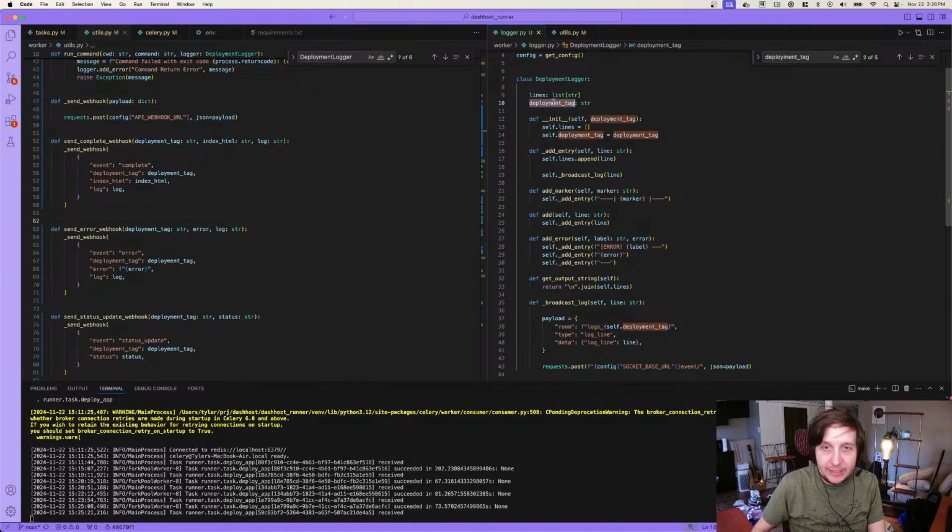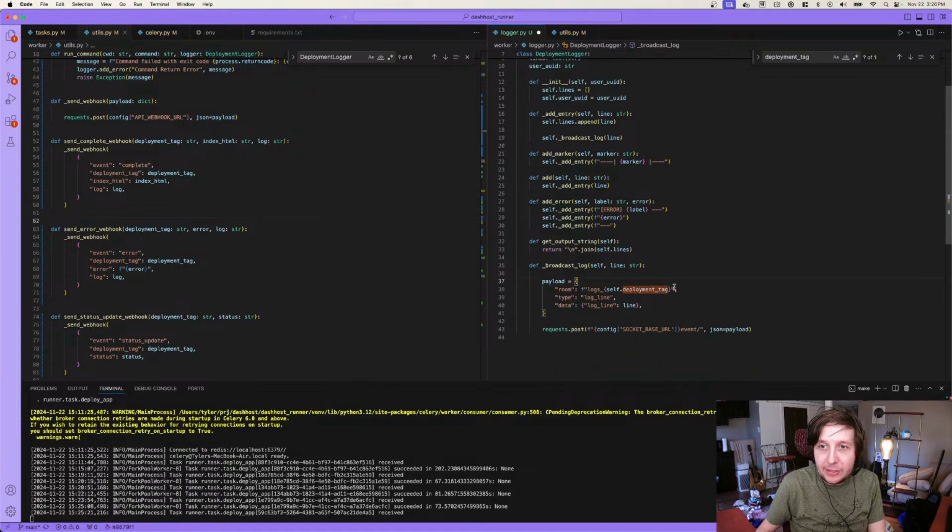So let's just call this user UUID. And then the channel name is actually just going to be the user UUID, which is self.this. And then, yeah, we would pass the type log line. The data will be